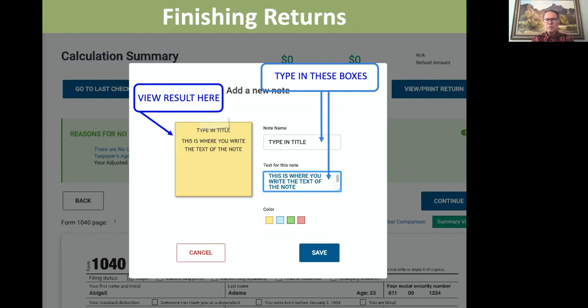So almost all the time now, I've gotten in the habit of typing 2021 in the title, and then I put PTC, property tax credit. And then in the text, I put the parcel number is, and I type in the parcel number. So that next year, when the client comes back in, if they've forgotten to bring their parcel number and the